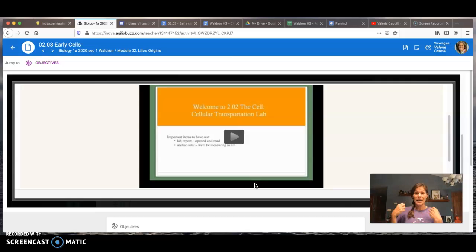Is that egg going to take on water and get bigger? Or is that egg going to shrink and get smaller because it's losing water from the inside of the egg? So that's what you are to take a guess on. You're going to write a hypothesis as to what's going to happen to this egg, the cell, when we place it in distilled water. As you go through the video, they're going to show you doing that process,